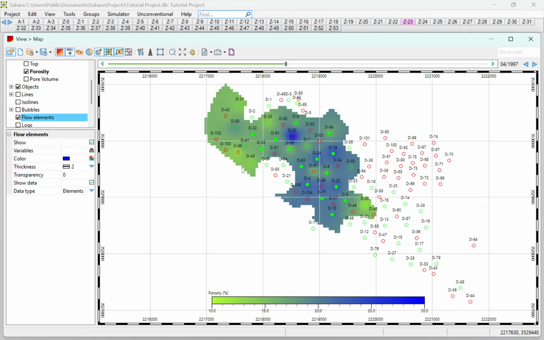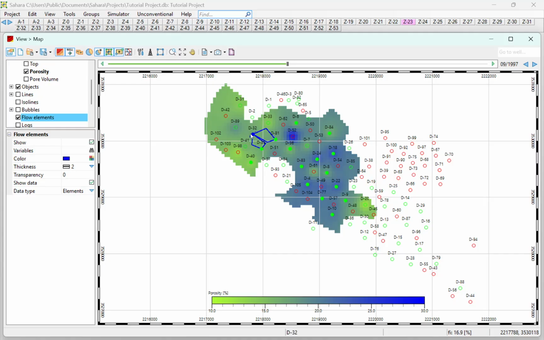So now we are not seeing any flow element because we are too early on the day. The secondary recovery haven't started yet. Check that all the wells that are active are producers. We don't have any injector. But if we move forward a little bit, we will see the first conversion here,